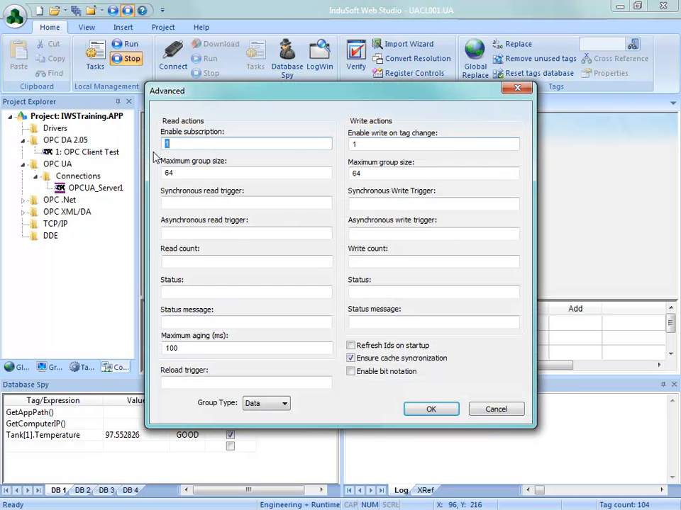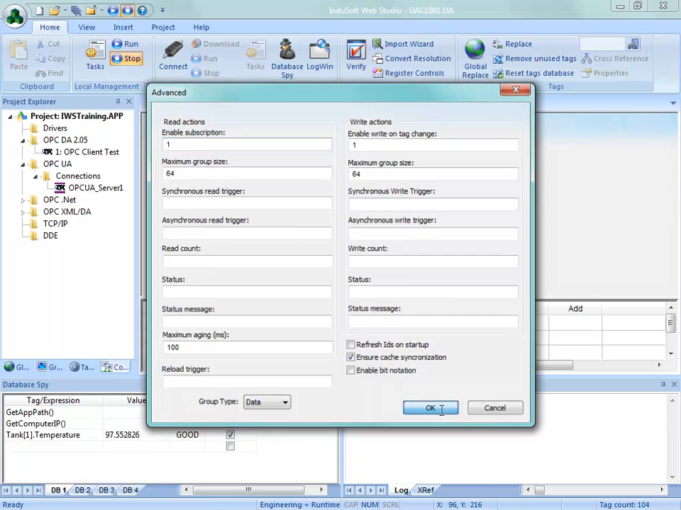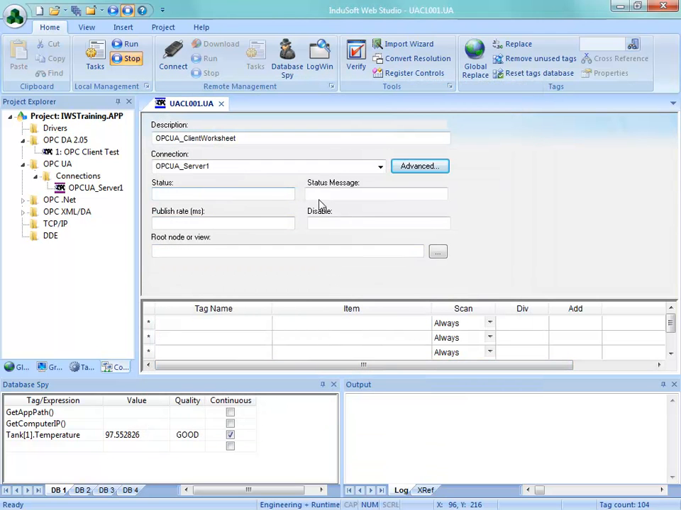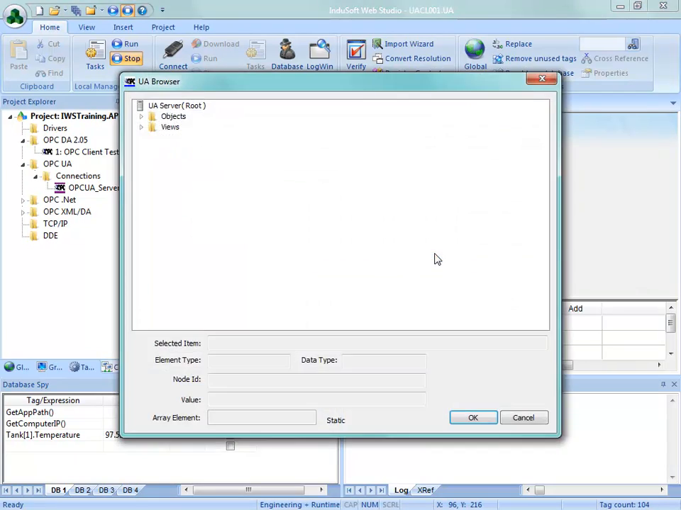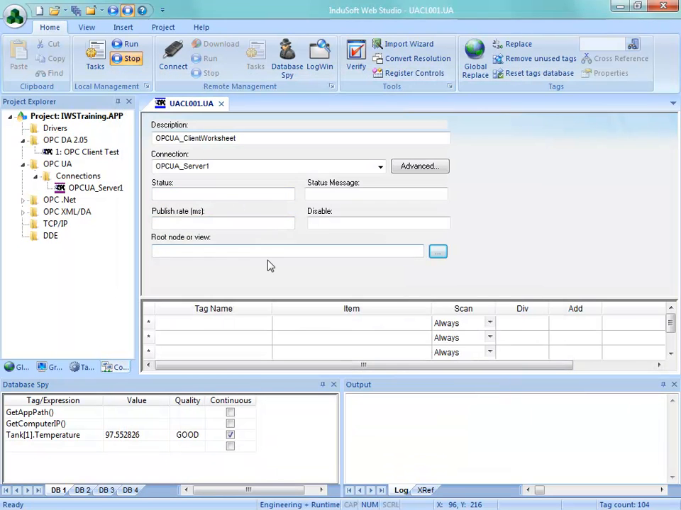Here under Advanced, we have some other settings. I'm not going to go through these individually. It allows you to fine-tune your read and write actions a little bit. You also have a reload trigger down here, so more can be found in our help system about that. Here you have status message, publish rate. You can disable this worksheet, and I believe in here you can actually decide whether or not you're talking to the root of this project, or dive all the way down in various branches,